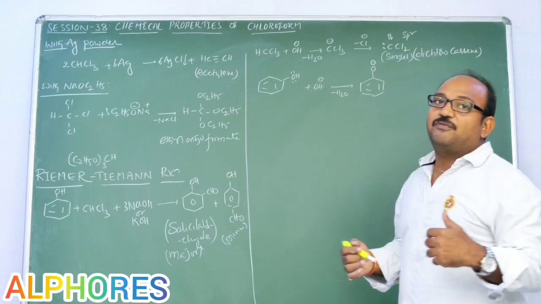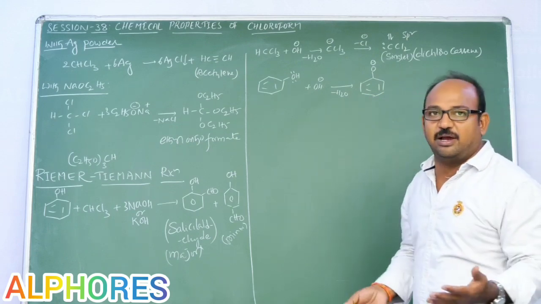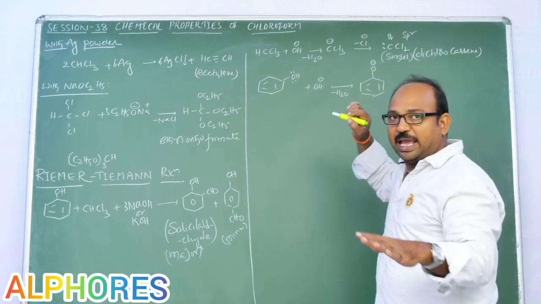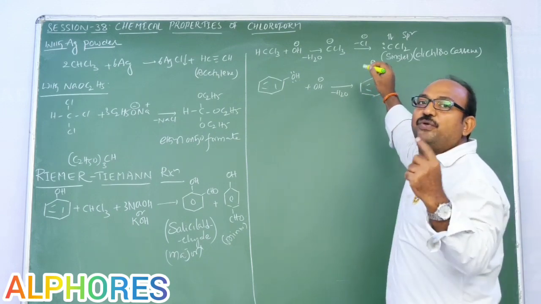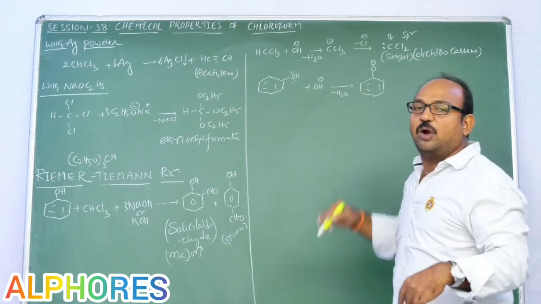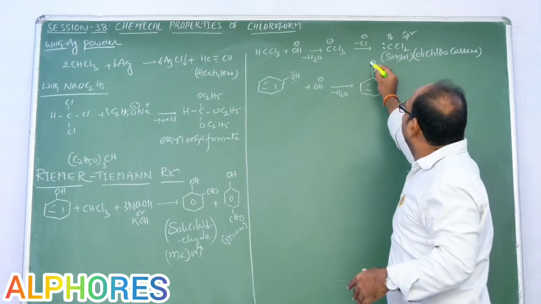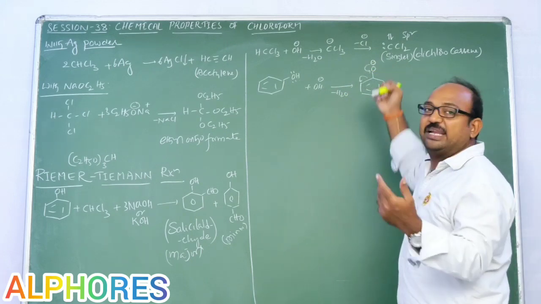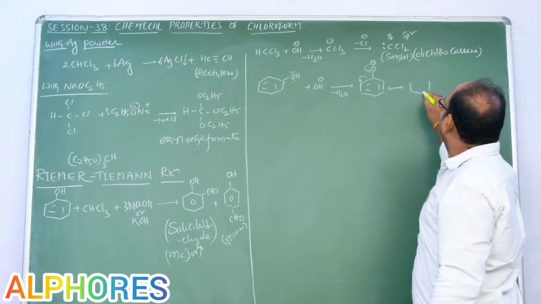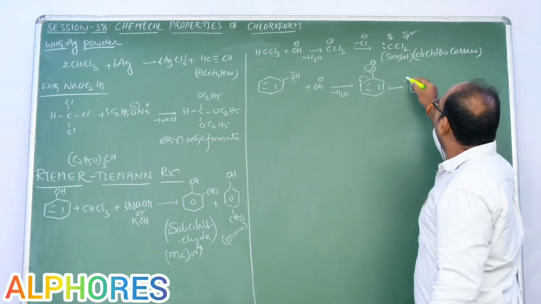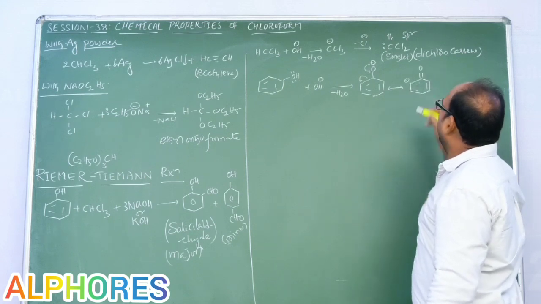Since after formation of the phenoxide ion, if it can stabilize, in such a case only the reaction takes place, right or not? That means the phenoxide ion is stable. How do you say it is stable? It is stable because of its lone pair, the negative charge, being involved in delocalization. Because of the negative charge involved in delocalization, here what happened? Double bond to O, like this.